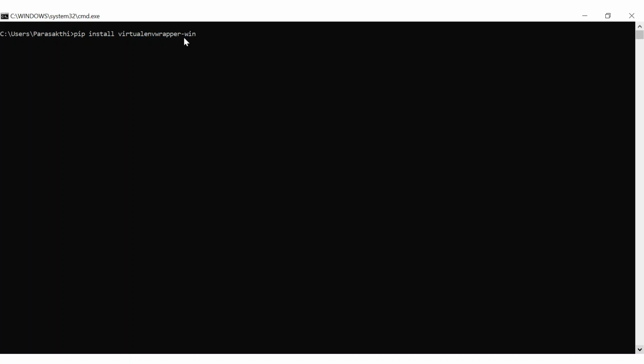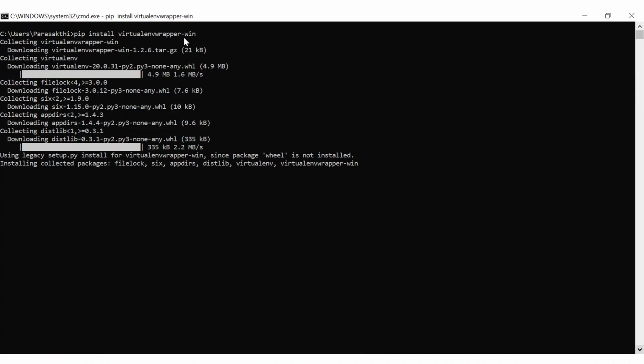This is for Windows. Once you enter this, it will start installing, and when you invoke this command it will install virtualenvwrapper.